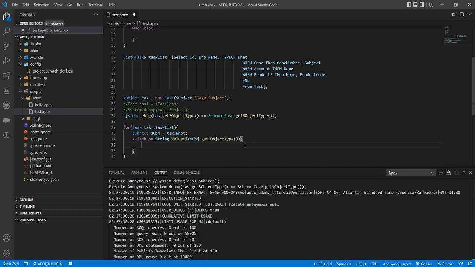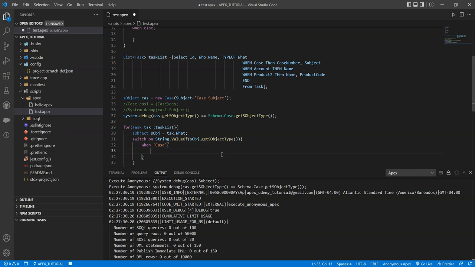And then I want when for the first value equals case. So if you remember when we did the String.valueOf, we were able to see and get a true expression for if it was case. So what we're doing is a switch on the expression, which is going to return a string of whatever the SObjectType value is. And then if it is a case, a string case,